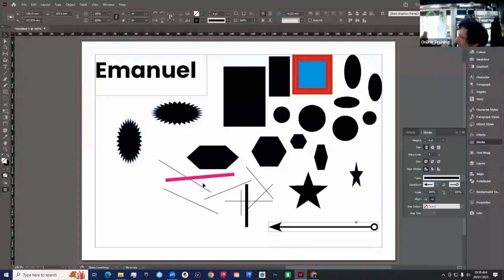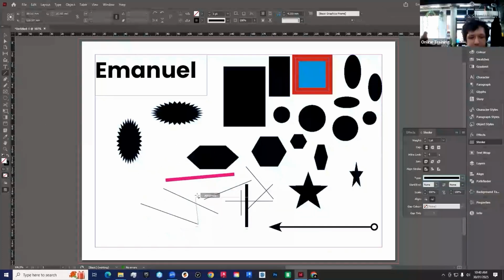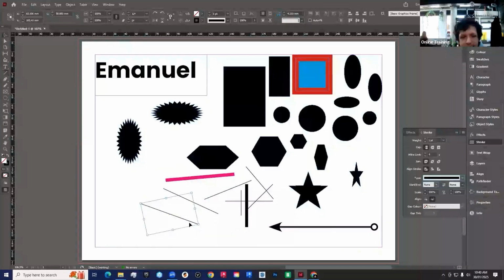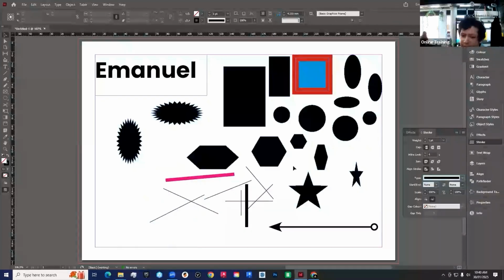Once I've drawn a line, it's not a hard commitment in terms of its direction. I can just pull, or I can rotate it. Once I've drawn it with the line tool, I can, oops. No, I'll come back to that in a bit, actually. Yeah, I can rotate it and move it around once it's drawn, just like any other shape. If we switch back to the selection tool,